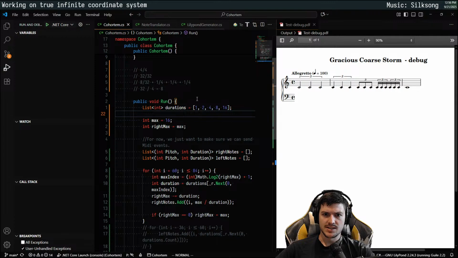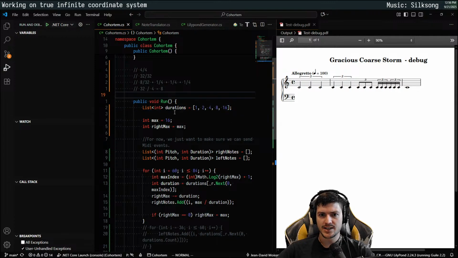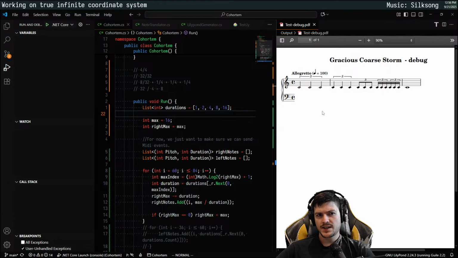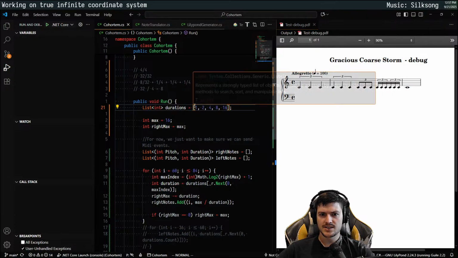So what I'm doing with this is I'm putting the numbers on a common denominator. If I allow floating point numbers, so like this here is like 1 over 32, 2 over 32, 4 over 16, whatever. And then